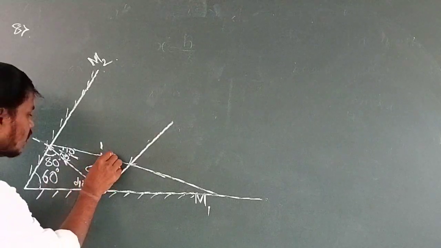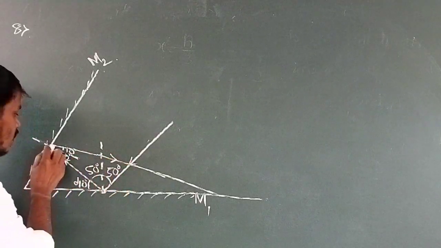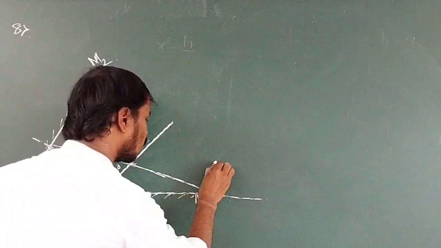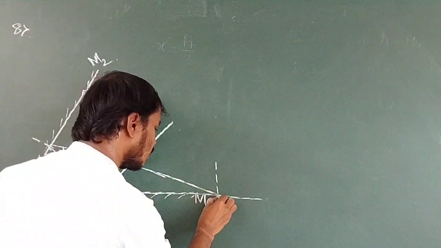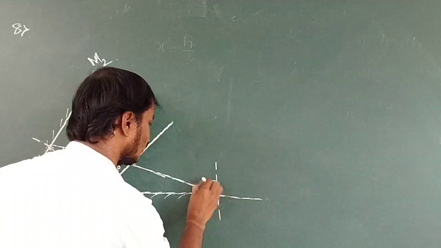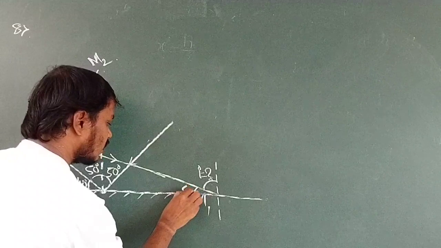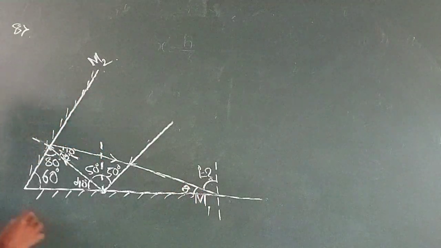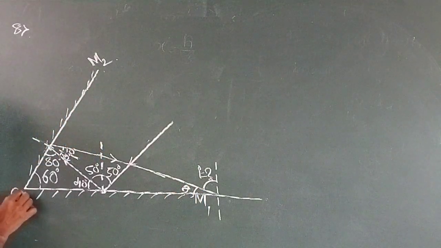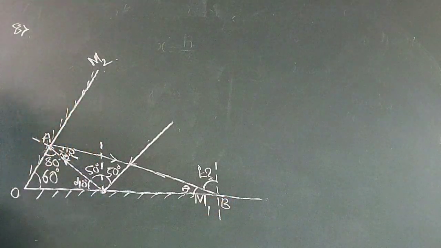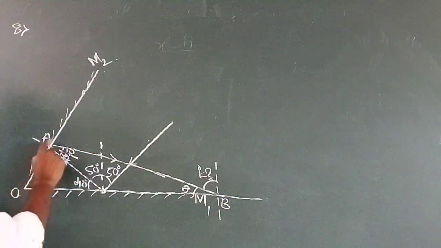And once again this ray undergoes reflection and this reflected ray hits the first mirror again. With what angle does this reflected ray hit the first mirror? This one we have to find. This angle I we have to find. Now let us take it as theta. Now I will give names here: this is O, A and B. So this is a triangle.